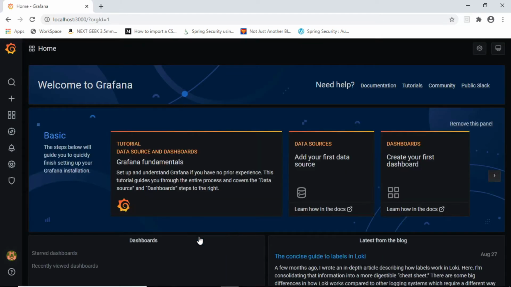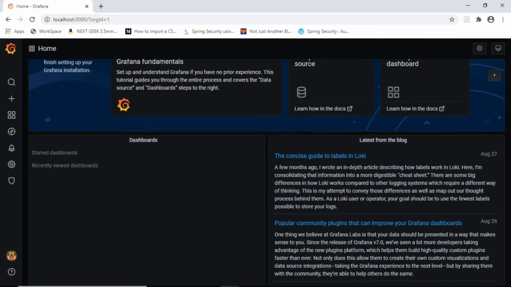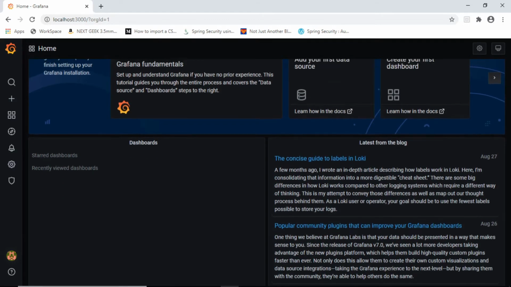So this is the home screen that you will get when you log in as a Grafana administrator the first time. This is a big piece of content which you can see on my screen, and it contains a lot of panels. Ideally, this is one panel, this is one panel, and there are certain sub panels in that. Then below that, you can observe there is still more stuff, which is called a dashboard. Then there is the latest from the blog, which is coming from Grafana, and all these things.